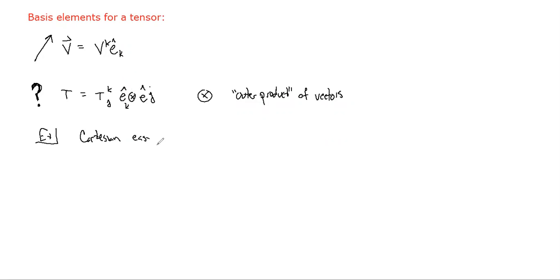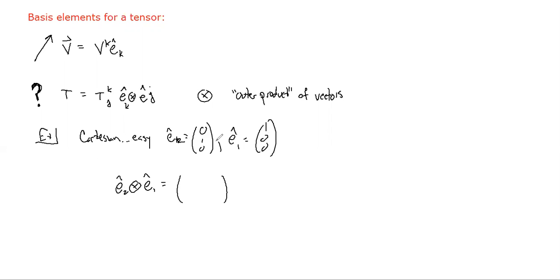just in Cartesian coordinates where we have e2 is 0, 1, 0, and e hat 1 is 1, 0, 0, like the standard basis. Then e2 outer product with e1, what's that going to look like? It's going to be a tensor, a rank 2 tensor. Second row, so this is going to have